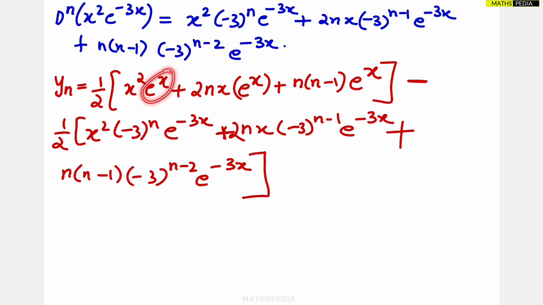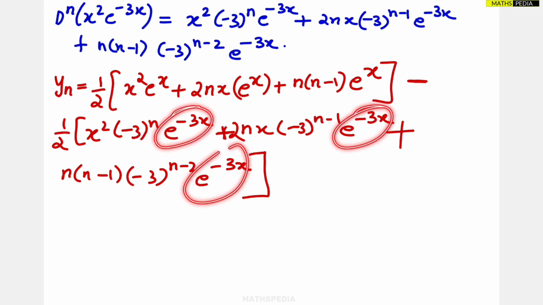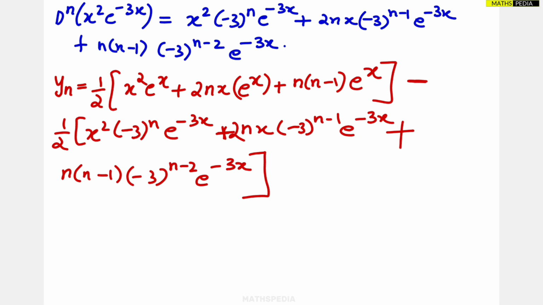Take what? e power x, e power x, e power x. Common is there, you can take it outside. Second thing, you can take e power minus 3x common, if you want, otherwise you can leave it here also, there is no problem. But still we will do. So yn becomes what? I'll take e power x outside. So e power x by 2